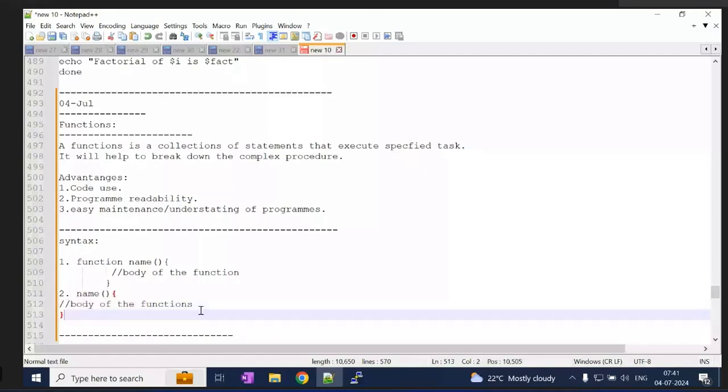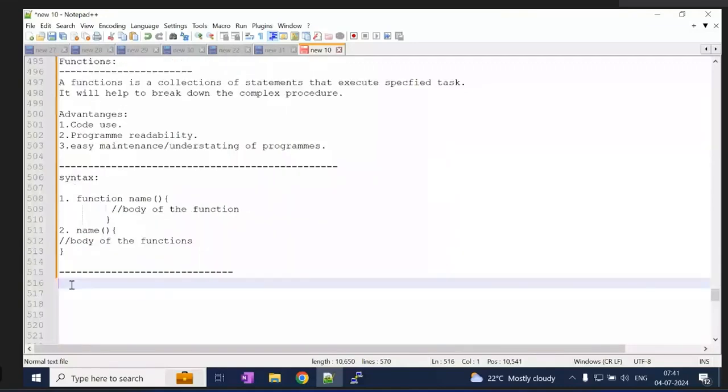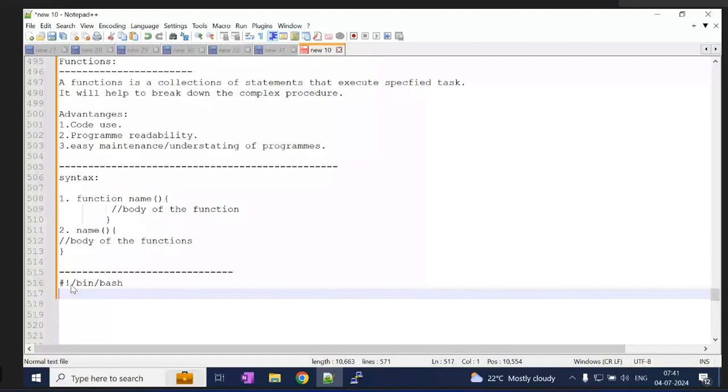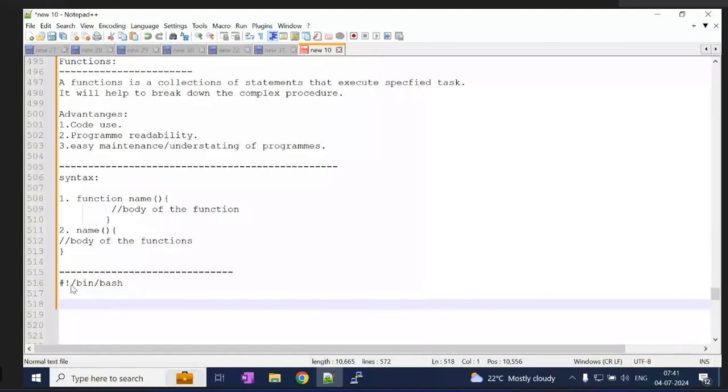Let's write one small program and execute it to see how the function works. My first line is always the shebang line, #!/bin/bash. I will write a hello world program, printing using functions.